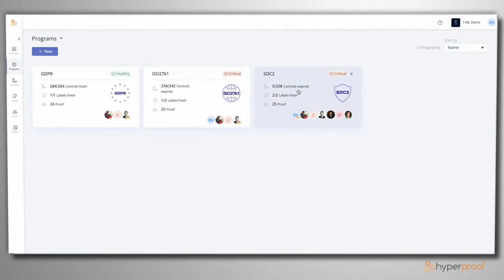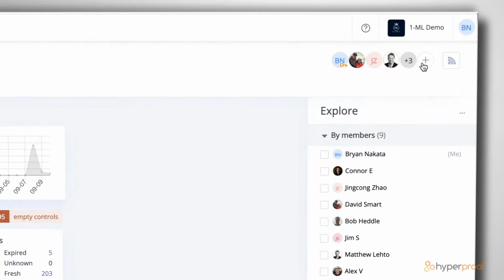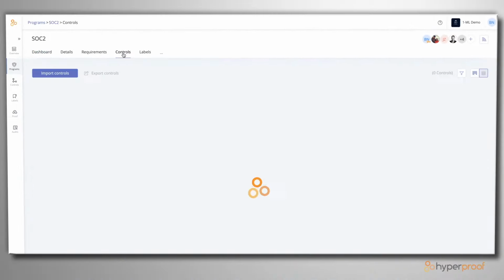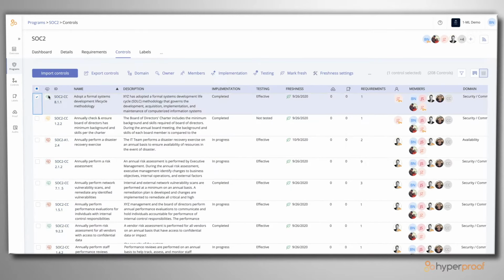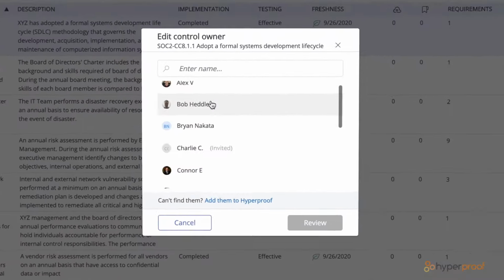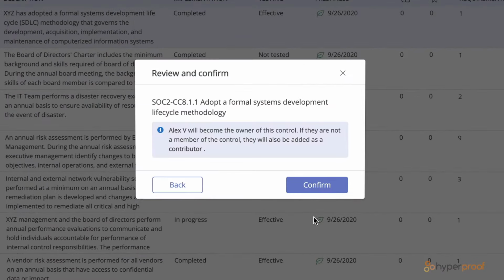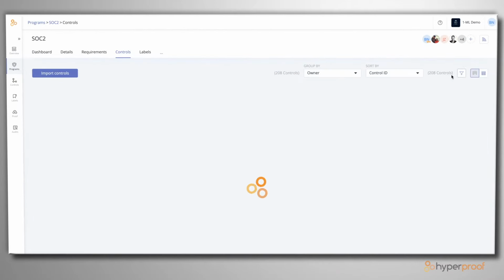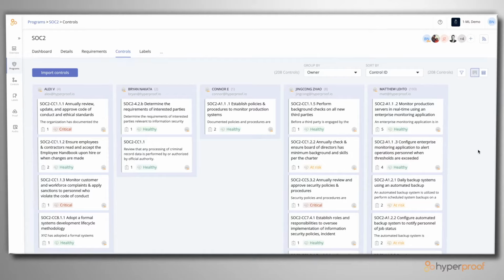Hyperproof was built for remote collaboration. Simply invite team members to your SOC 2 program. Then, assign people to work on specific controls. With Hyperproof, everyone can see exactly which controls they're responsible for, and when they need to provide evidence for the